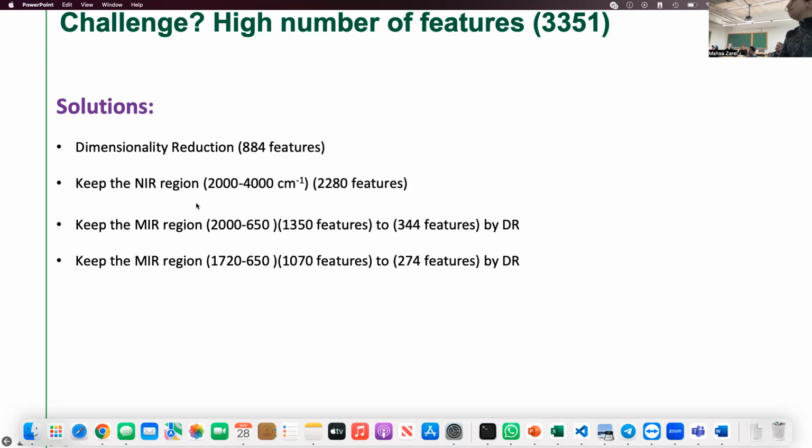And then I keep the near IR region, which is 2000 to 4000. It's still a lot of features. And then I further use just a shorter range with 1300 features. And I further reduce the dimensionality here to 344, and eventually I received the best result, just from trial and error, from this section. But also I've read that